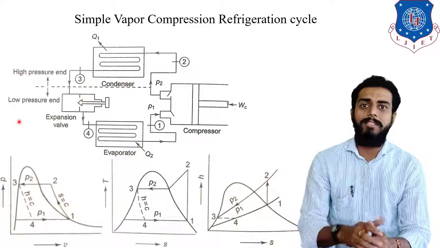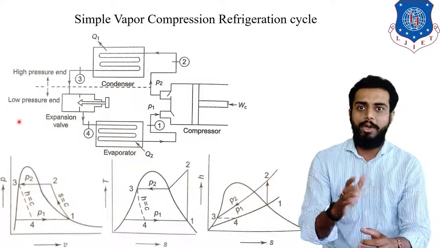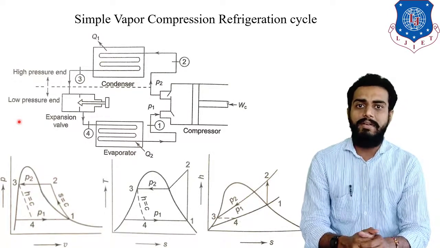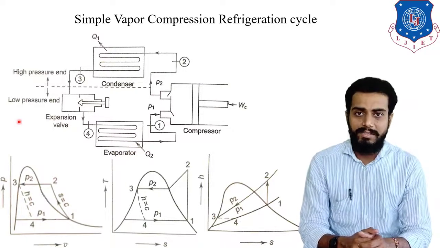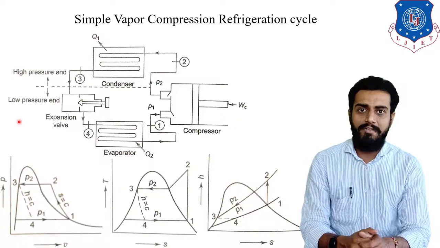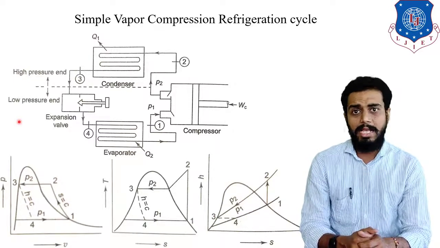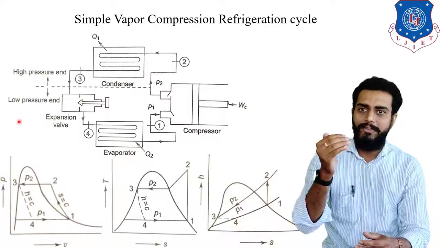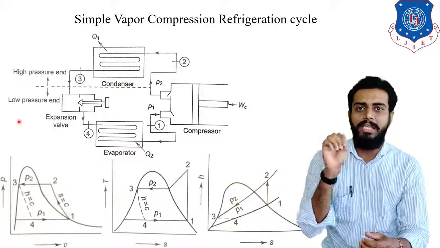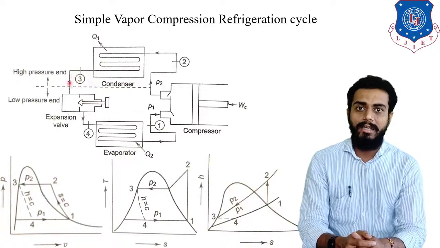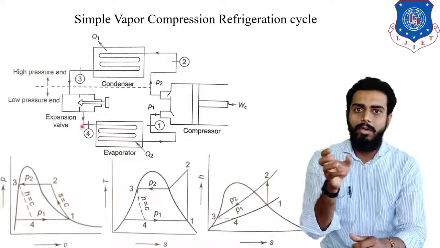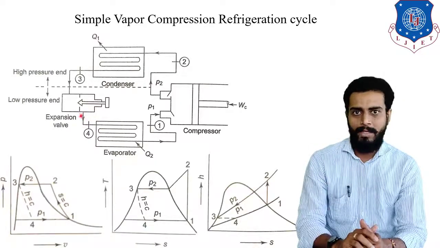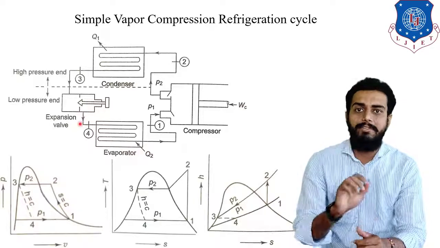Now remember students, this expansion valve is nothing but a kind of throttling device, and there we have already proved that throttling devices are isenthalpic devices. The meaning of isenthalpic device is what? Simple, the enthalpy will remain constant. We will come to that point a bit later on. First let us understand the physical concept over here, that at point number 3 we will enter high pressure, high temperature liquid, and that liquid will pass through a long length or pass through a valve, so that will reduce its pressure. So when pressure is reduced, its temperature will also reduce.